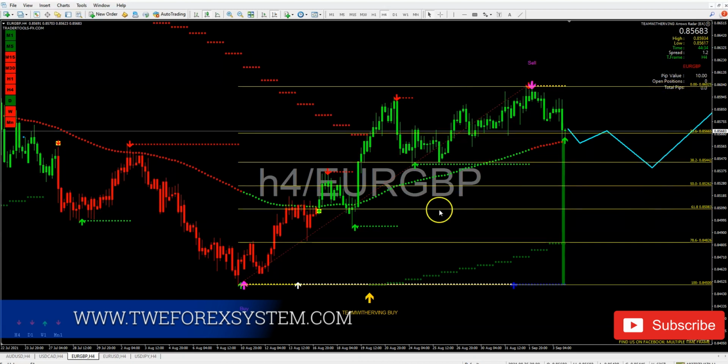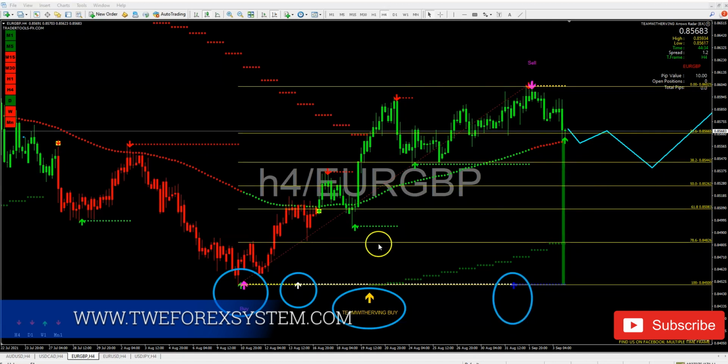All right, so EURGBP, guys, the trend here is bullish. We have multiple time frame in here. We have our multiple time frame white arrow. We have our TWE sniper entry as well. We have our blue arrow as well, letting everyone know that EURGBP, guys, is bullish,